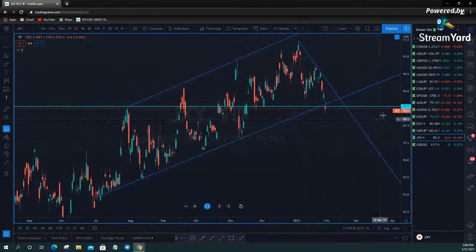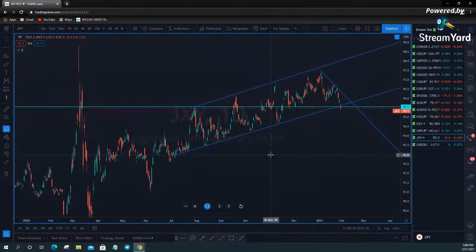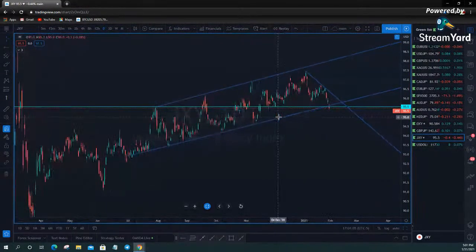Now, as you can see, this is a daily chart and it has really gappy price action. Essentially it is the yen currency index, just like the DXY index. It has gaps. This thing only trades from 8 a.m. in the morning, New York Eastern Standard Time, to 4 or 5, I think, in the afternoon. So that's why you get these gaps.